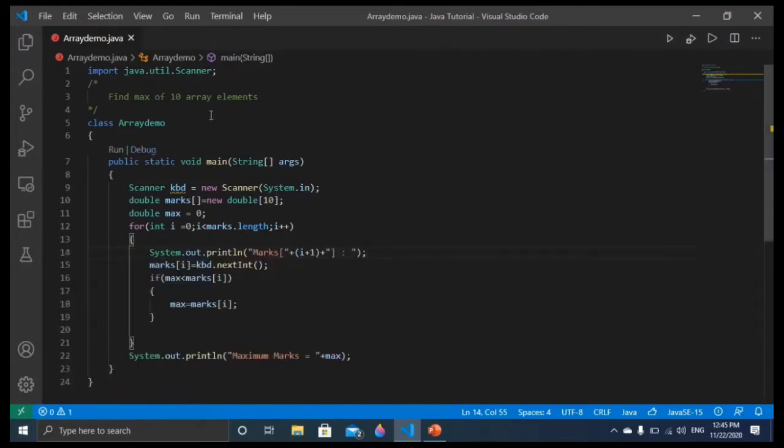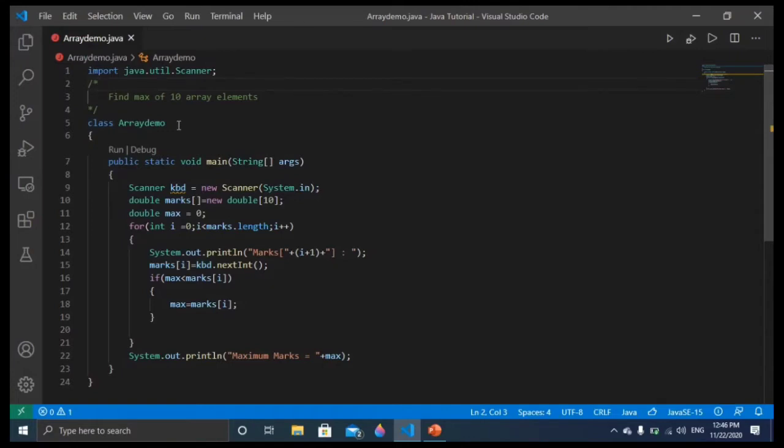So what is happening here, friends, let me clear it one more time. I am importing java.util.Scanner because I am going to use the Scanner class. The Scanner class is not our class, so to use Scanner we have to import this. Import java.util.Scanner, right? Afterward, you know that class, then demo, and then some other.